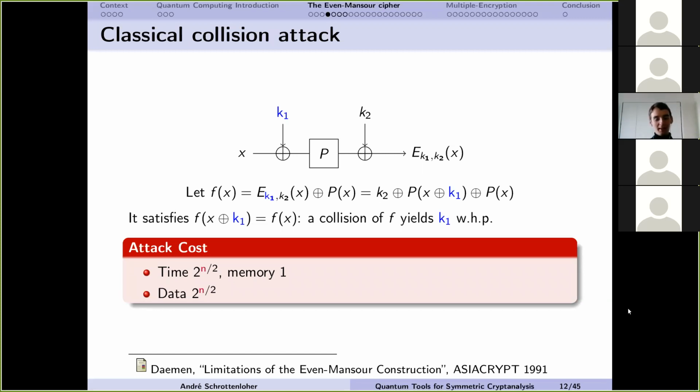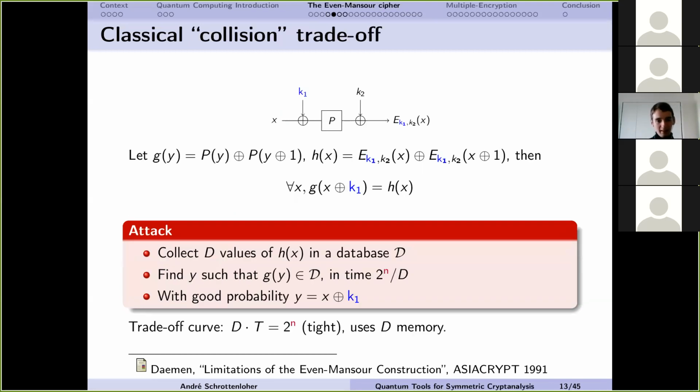That's basically the lowest, it's a matching bound, right? It's the lowest time we could expect to obtain if the permutation is drawn uniformly at random. There is a whole trade-off curve that we can obtain then, simply by